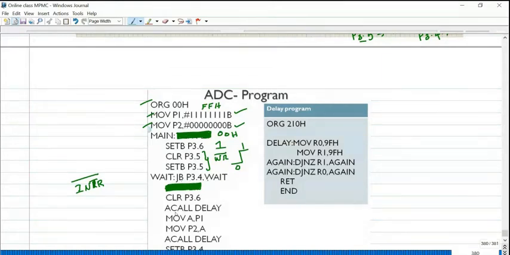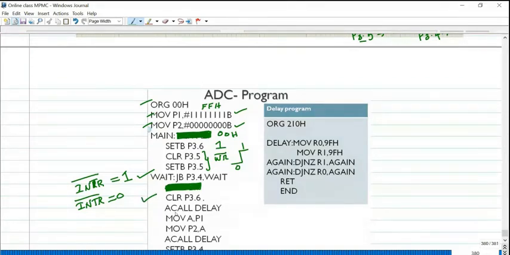What is the meaning of this instruction? Jump to the specific location if P3.4 equals 1. During the conversion process, your INTR pin is high only, so this particular loop will be continuously executing. Once the conversion process is completed, your INTR line goes to 0, and that time the next line will start executing.